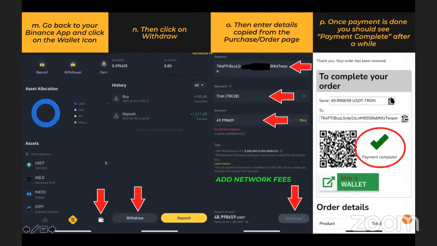Okay. So if you copy 100 here, you make sure it is 101 that is here. So don't change all the things in the point something. No. All those ones should remain the same. The only thing you want to change is the main value here, which is this 49. You change it to 50. If it's 100, you change it to 101. If it's 25, you change it to 26. So all the points, something there, don't go and change that one to 0. Leave it at the point, whatever that is there. All right. All you're adding is just $1 to it. Okay. And that will sort you out. Okay. So you can see add network fees here.